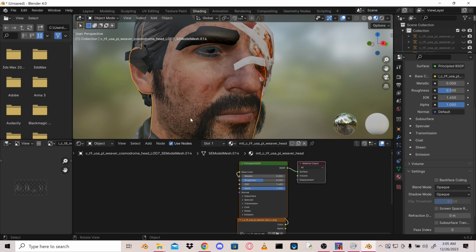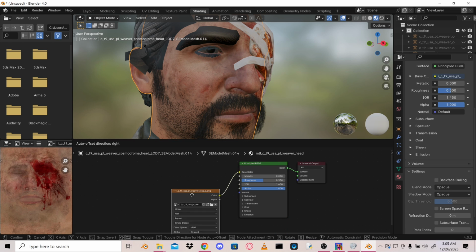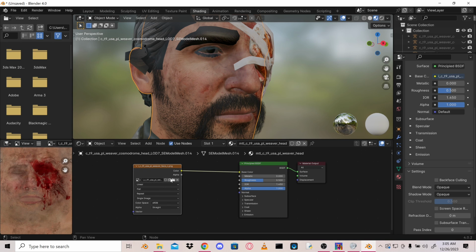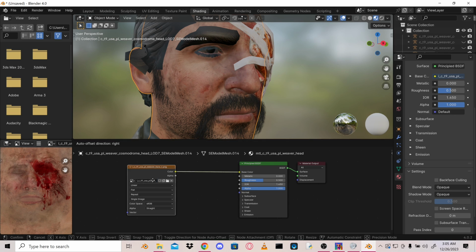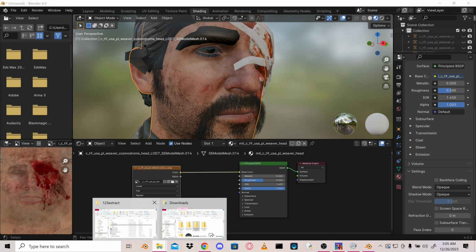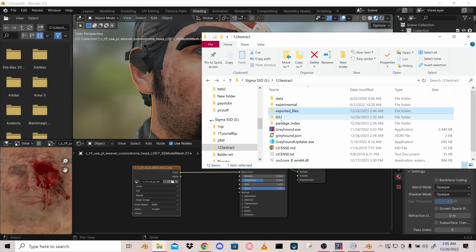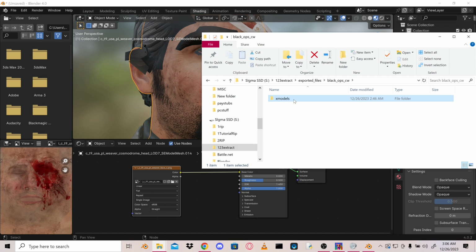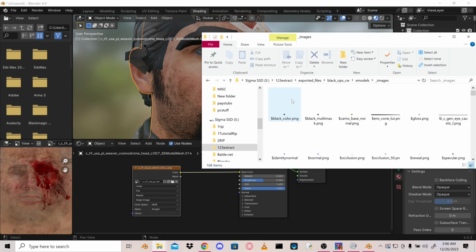This is probably one of the more complicated things to texture on a character, and it's their face, their head. So what we're going to do is go to this. This is the color texture. You can see that in the preview. And we're just going to copy the name of this, and we're going to go into our Greyhound folder and go into Extract, Exported Files, and then our Models tab, and then go to Images. This is where we've already ran COD